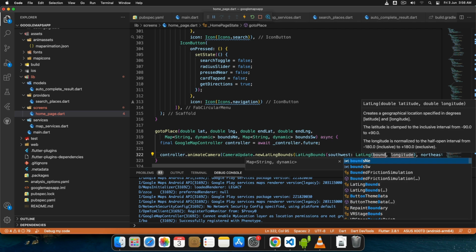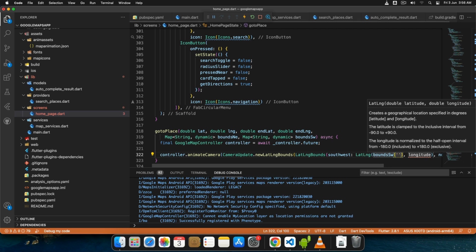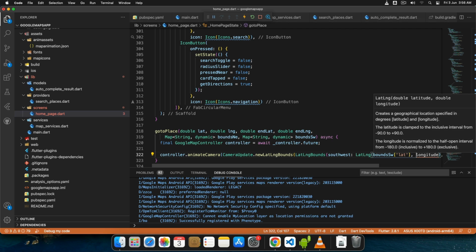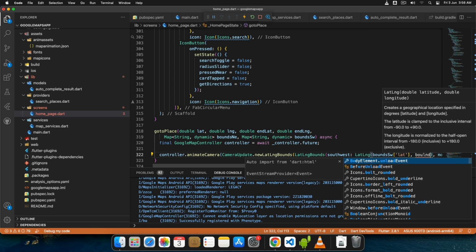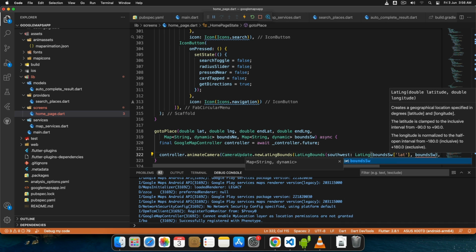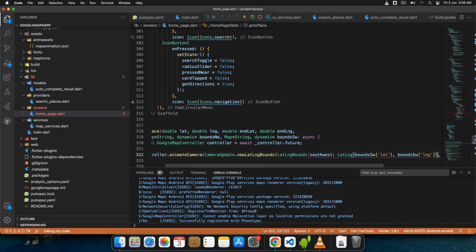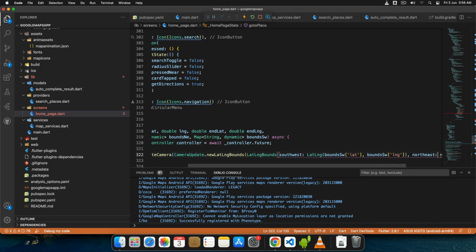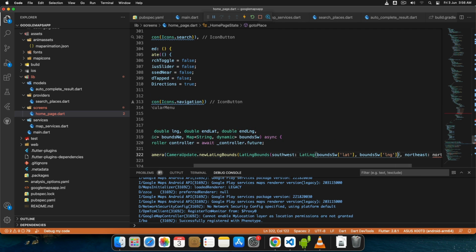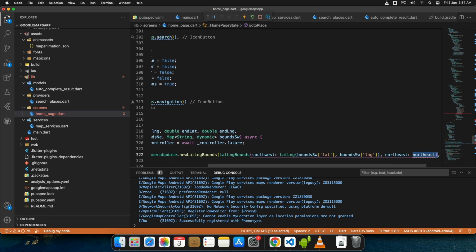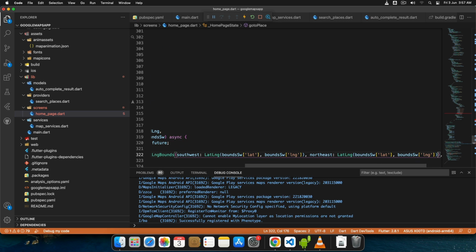Latitude would be bounds SW, and inside this we need to give lat, longitude, and similarly we need to give for northeast. Fine. Here you just need to give